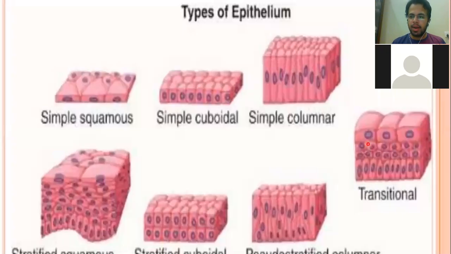And the last one, another broad type of epithelium, is known as the transitional epithelium. Now, the transitional epithelium is a type of epithelium which undergoes transition, which undergoes change. For example, these types of transitional epithelium,